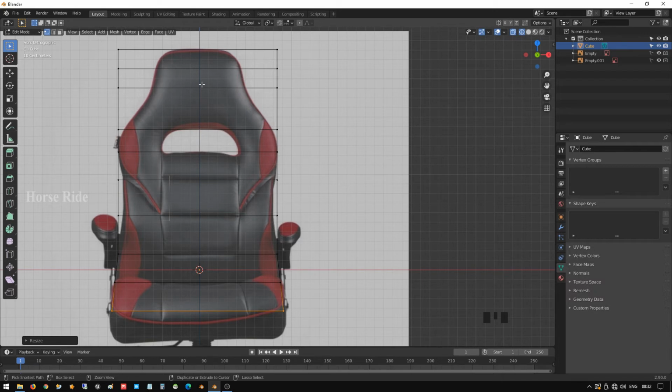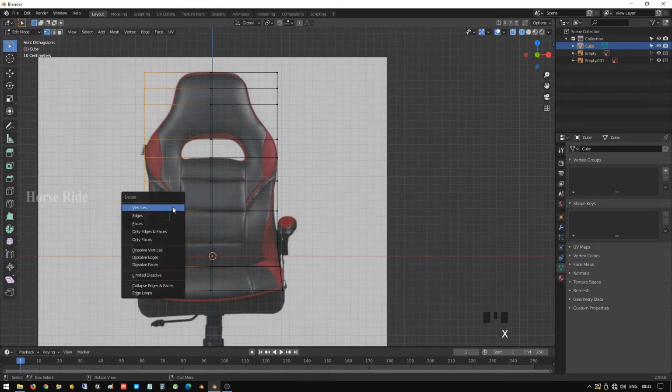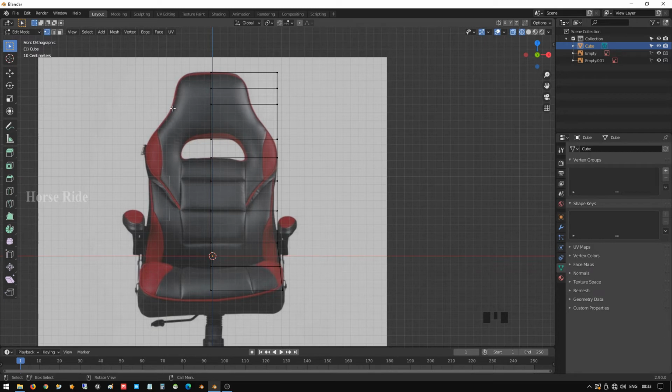Okay, right, so now we have created the base design, so we are going to create a loop cut in between this line, and we are going to delete these vertices, and we are going to do the mirroring to do it easily. So whenever you do the changes here, this side also will always be similar, so we are going to do like that, X and vertices to delete the vertices.